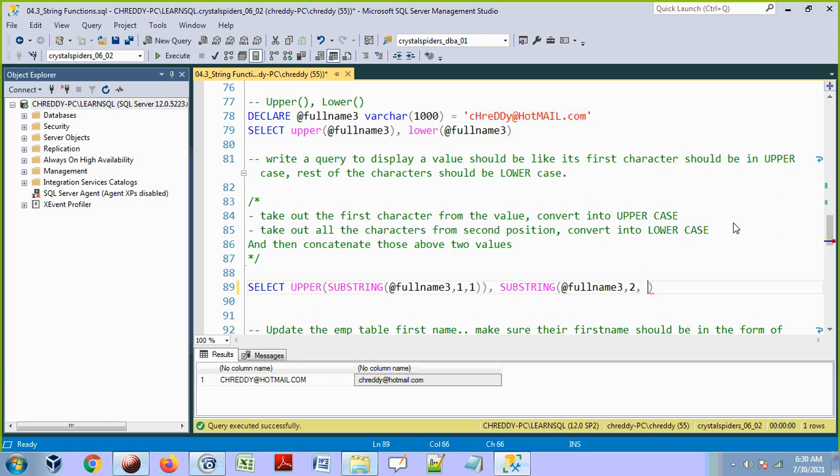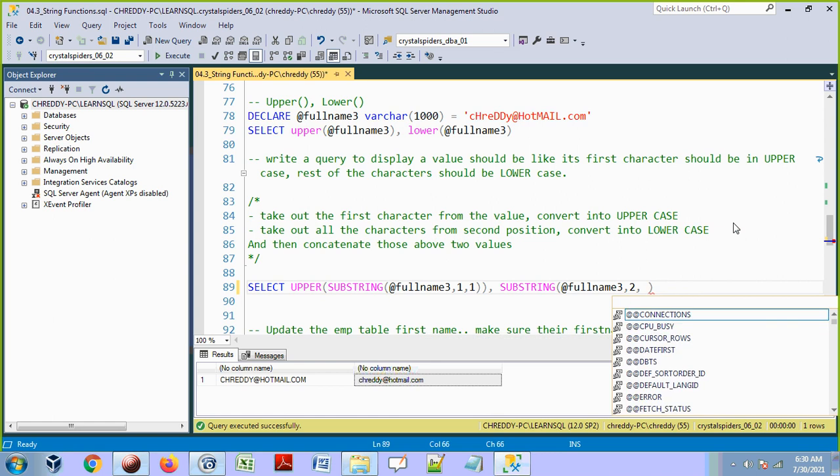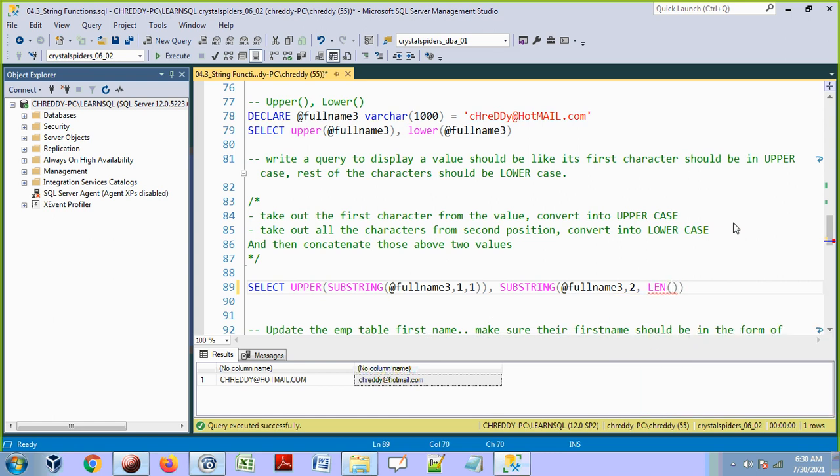So now see this logic, guys. I am going to take the length of that value. The length of this value will give how many characters are there in this variable, and I am going to do -1. -1 means except the one character, the remaining characters, because I am looking for the number of characters from the second character onwards. So that's why I am doing -1. It will give the remaining number of characters from the second position. That is the logic. So now it will give from the second character up to the last character in this value. That's what it is going to provide.